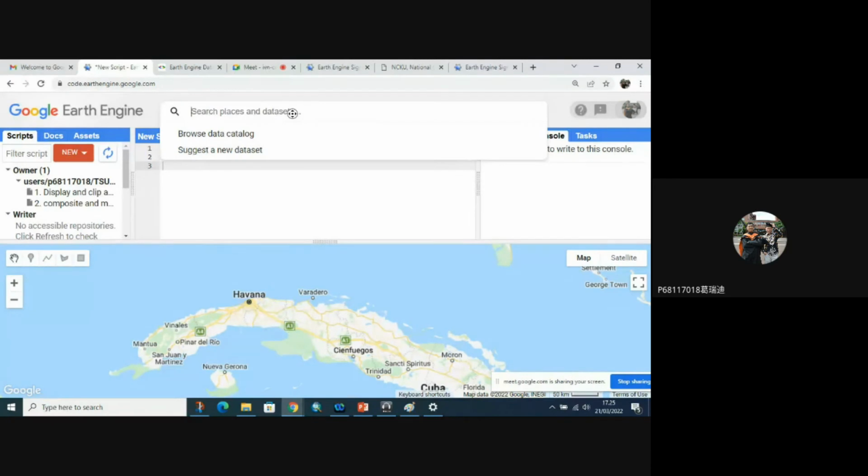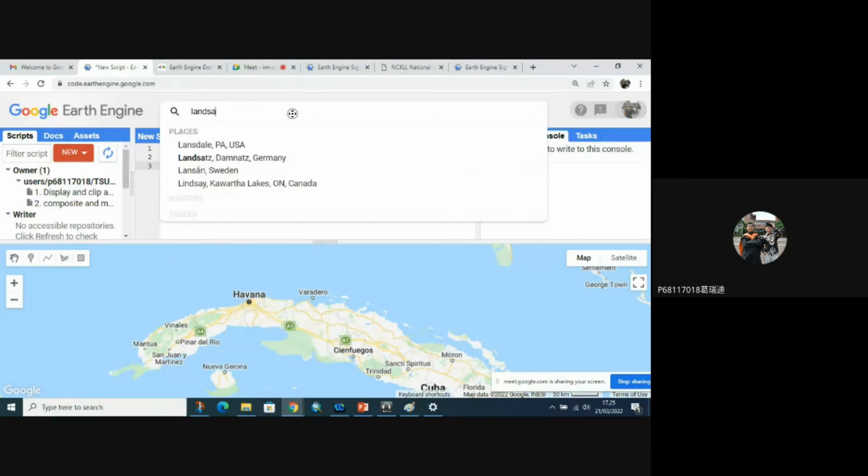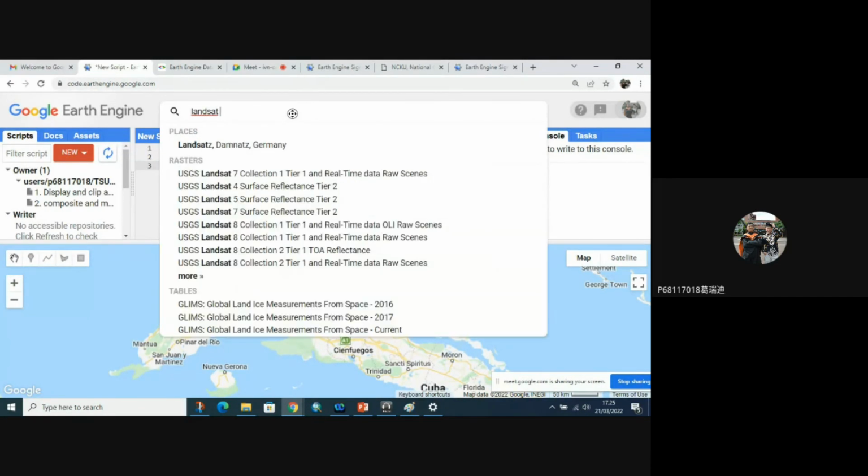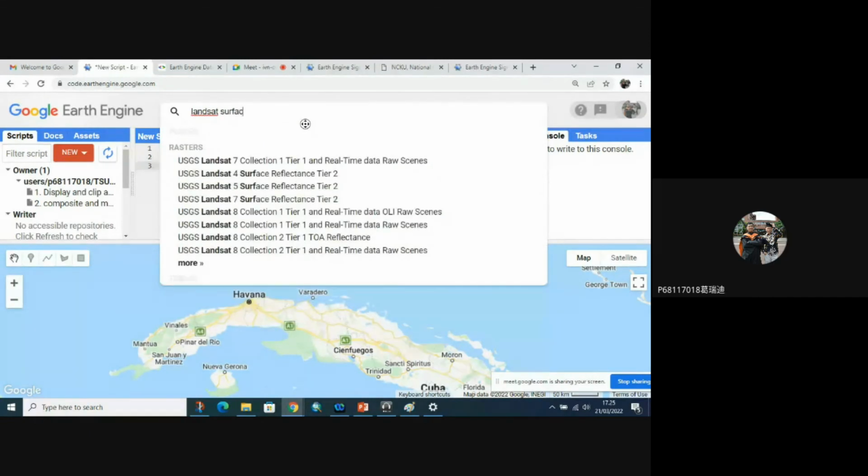Load the images from the data catalog. Landsat, we call it Landsat. Maybe Landsat surface reflectance, tier 1. Yeah, this one.